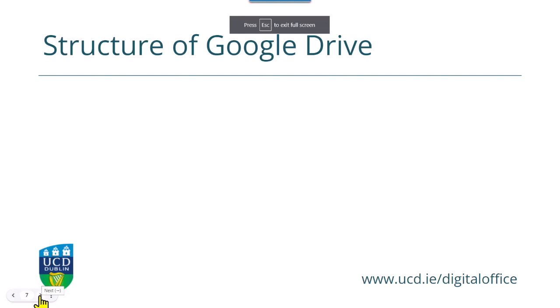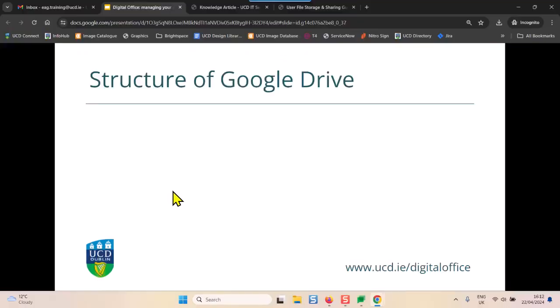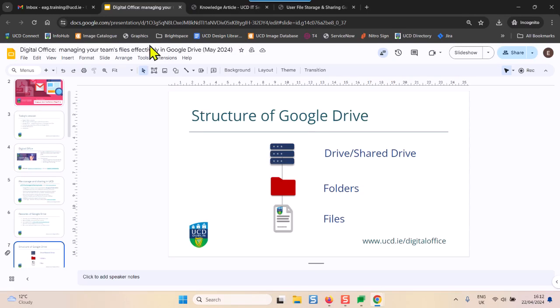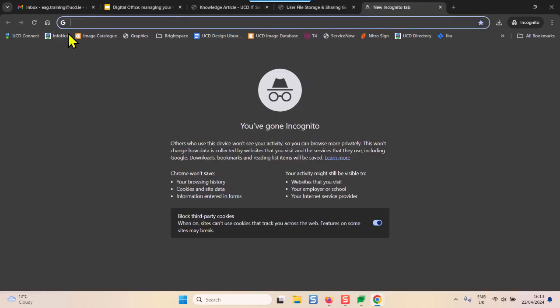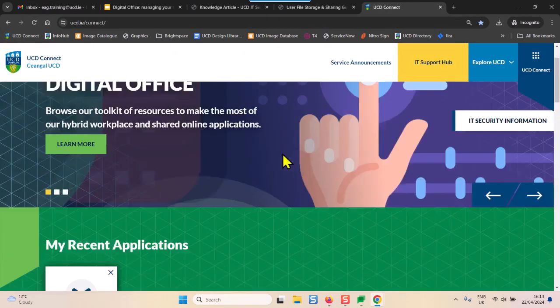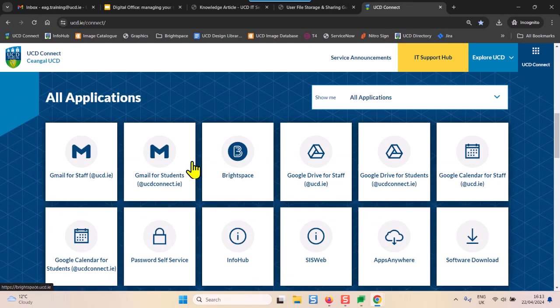So talking first of all about the structure of Google Drive, and what I'm going to do here is actually go to Google Drive here in UCD. So first of all, talking about how to access Google Drive, it's available either directly from UCD Connect. Click UCD Connect and you can find Google Drive for Staff,